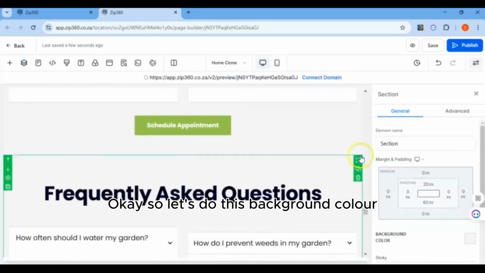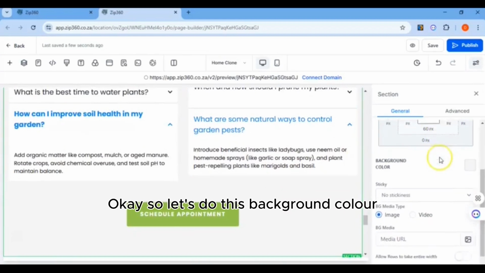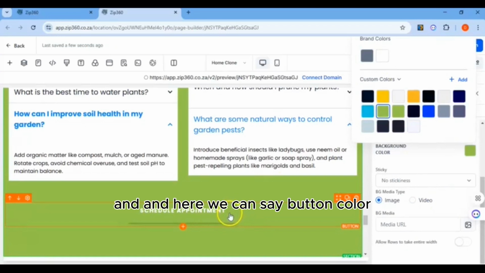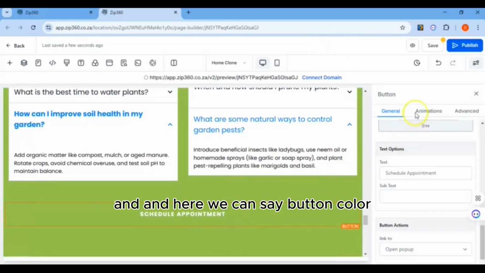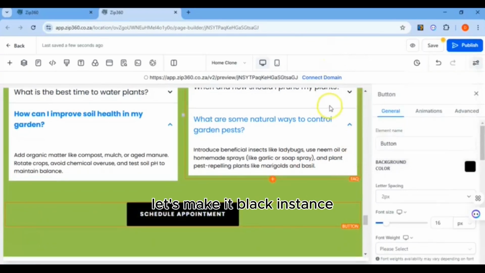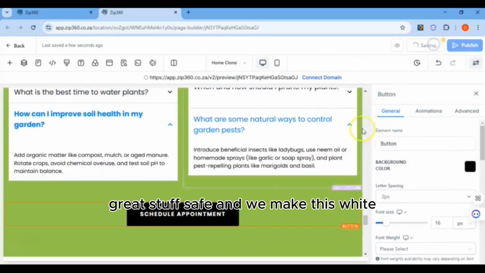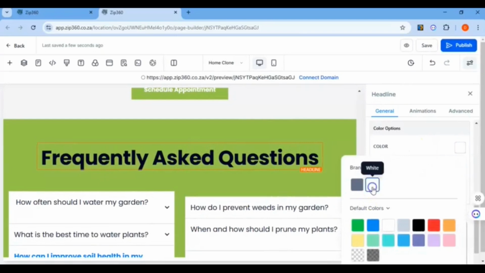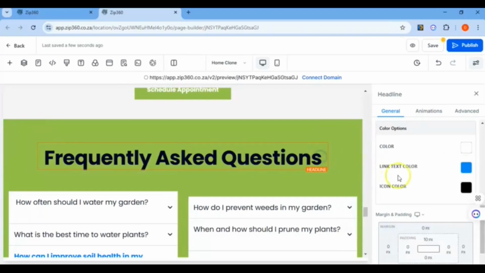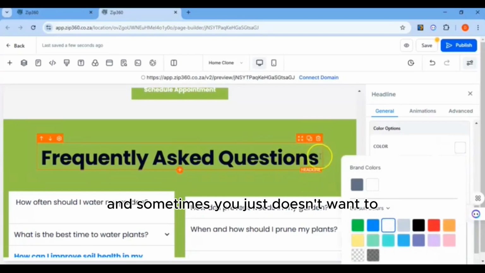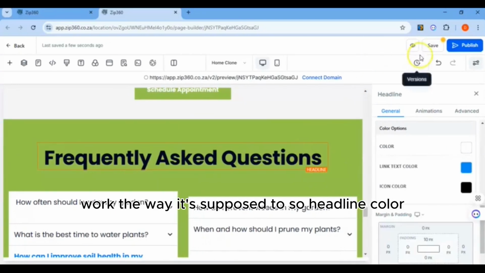Okay, so let's do this. Background color. Let's see if there's a background color that we can use here. And here we can say button color. Let's make it black, for instance. Right stuff, save, and we make this white. And sometimes it just doesn't want to work the way it's supposed to.